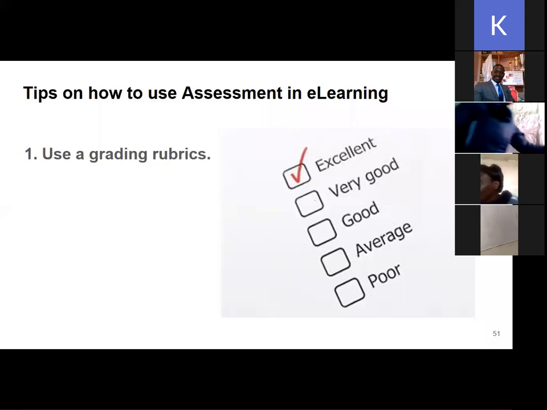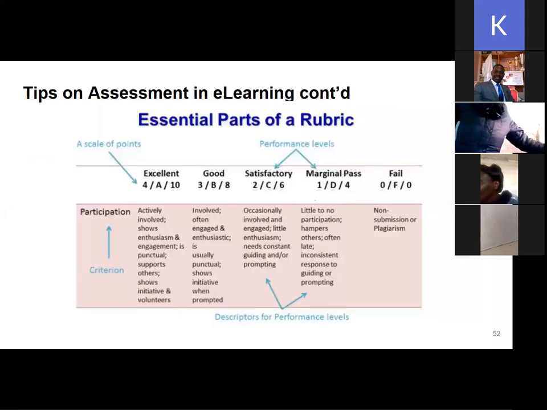So in coming up with a rubric, what are the main parts that you should consider? A rubric has about 4 or 5 main parts. Showing on your slides, we have